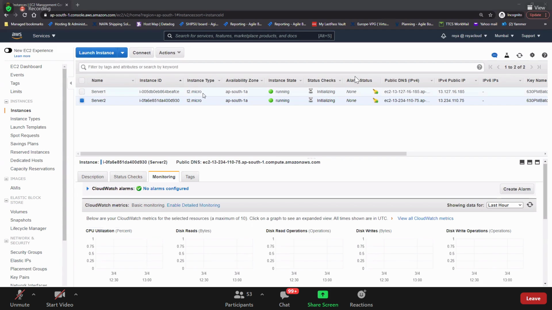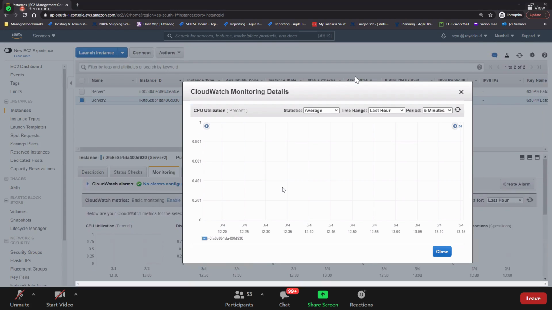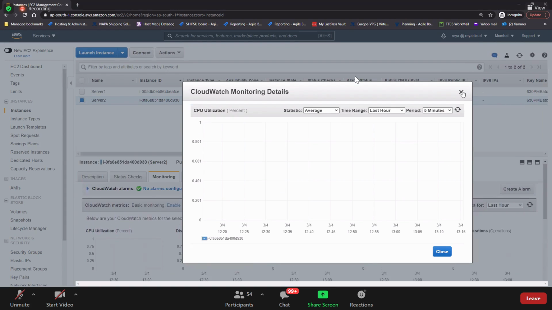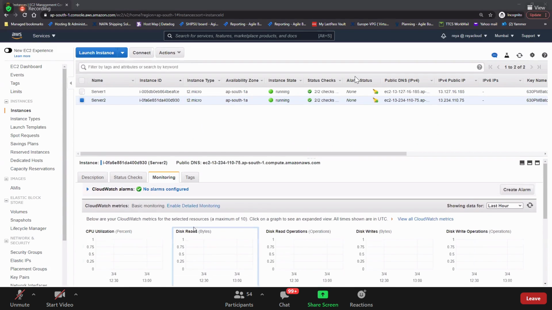And if you want to see how your machine is performing, CPU utilization is the one where you see that now it is less than 1% only. You can go for 80%, 90%. You get nice graphs over here actually. So you can monitor everything here.